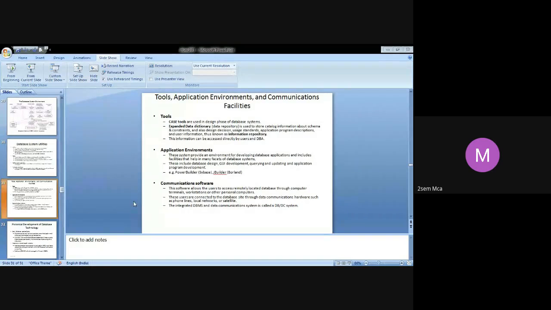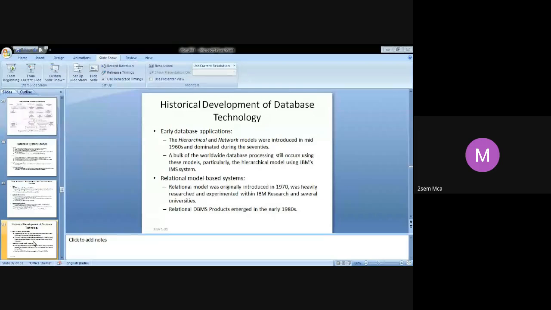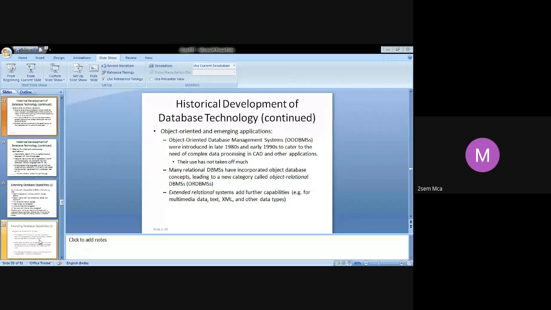Maybe I go into the presentation mode, F5. I think it is not changing. Otherwise, let us see. Now, what are you seeing? Historical database development. Okay, fine. Let me slide through some slides. Just tell me if you are able to see the change in the slides. I have gone to the next slide. Can you see that? Yes, ma'am.